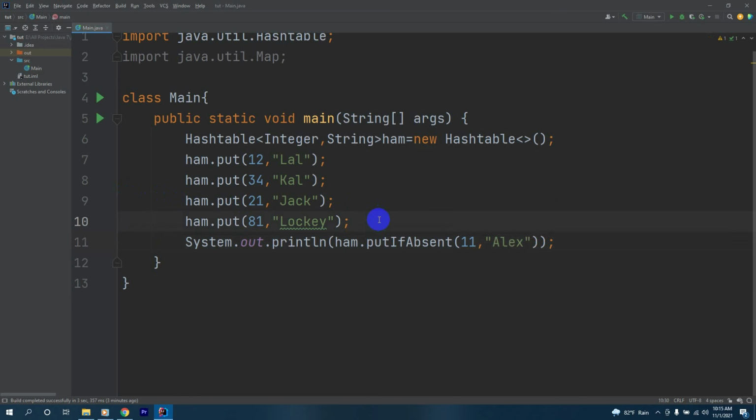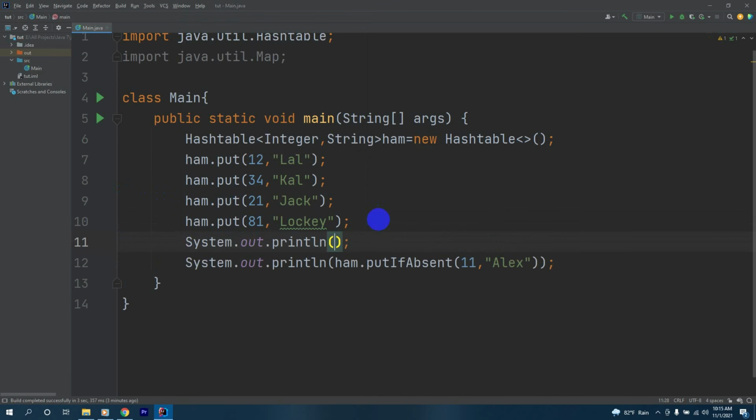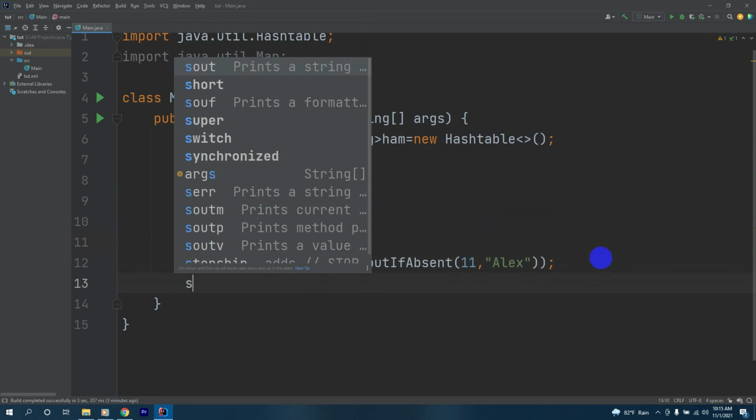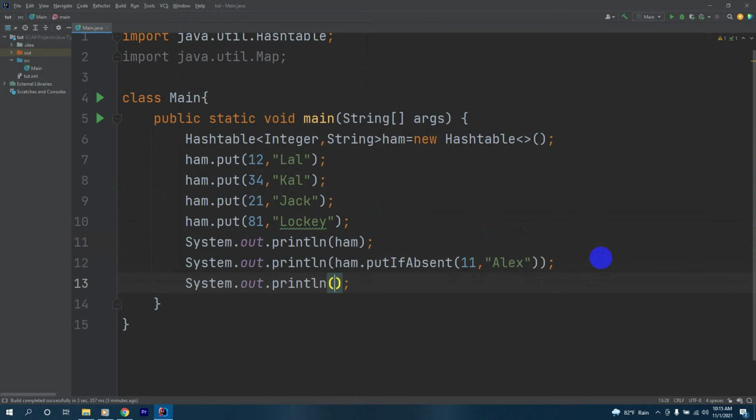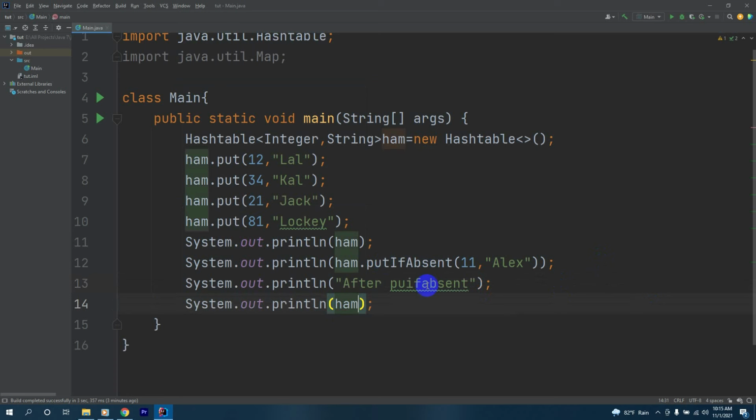Before this System.out, we'll have a System.out that prints our map Hashtable, and after this we'll have a System.out that says after putIfAbsent, and after that we'll print our Hashtable, and we'll do this another time.